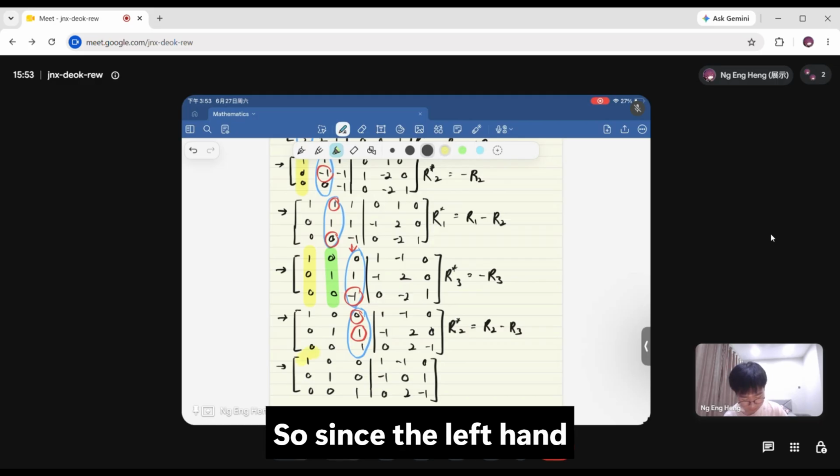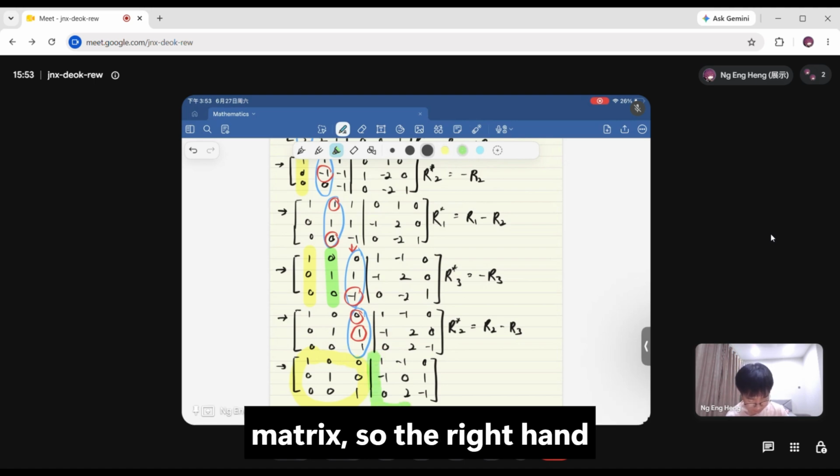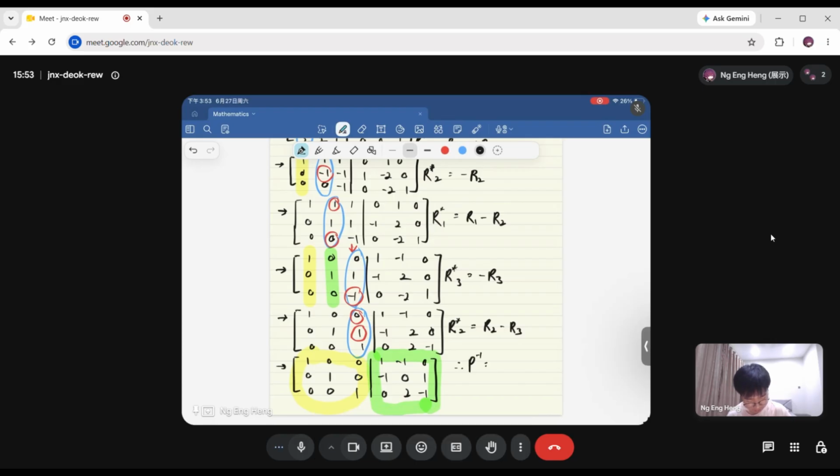Since the left hand side has already become the identity matrix, the right hand side is the inverse matrix that we want to find. So the answer is